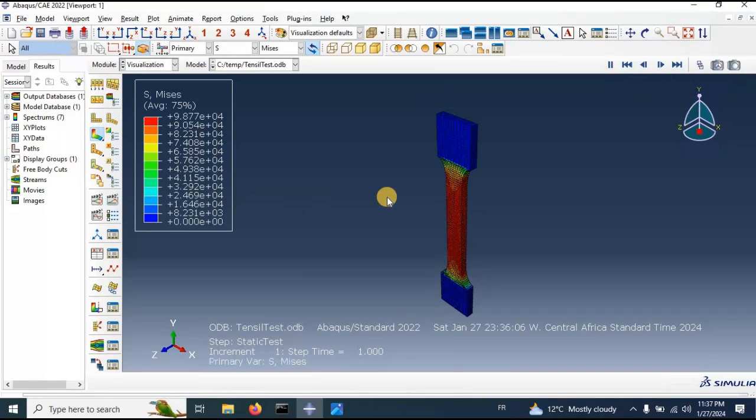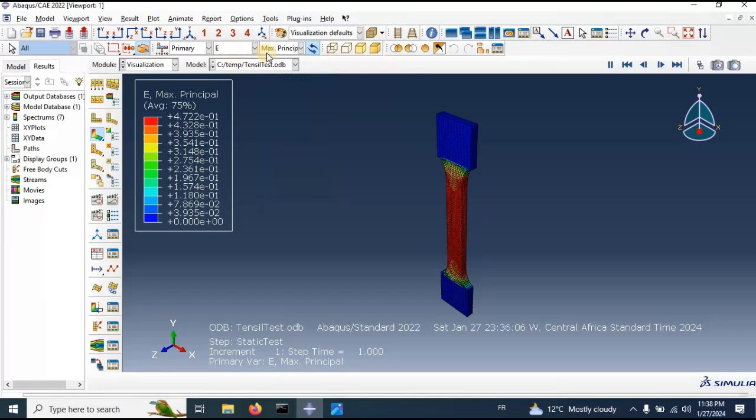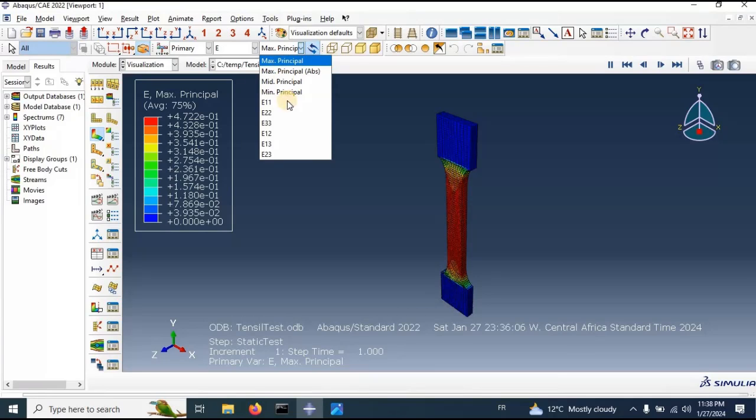Now in this option we show the principal goals of our simulation. In this option we show the constraints, the different types of constraints we needed, and we show the deformation in all directions,